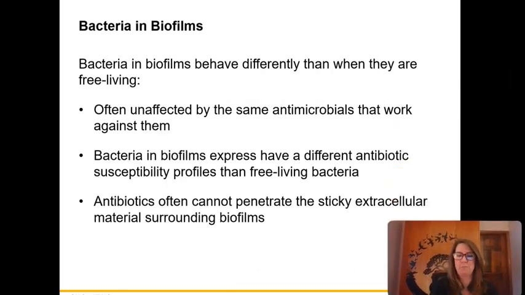Let's talk about biofilms. You might remember in an earlier lecture or two that we talked about how some bacteria live in a community, so to speak. And when you live in a community, these bacteria in biofilms behave very differently. I don't want to say personality, but they behave very differently. The way that we target them is different because now they are protected not only by one another and the interactions between those various species in the biofilm, but also because biofilms have this extracellular matrix that is very